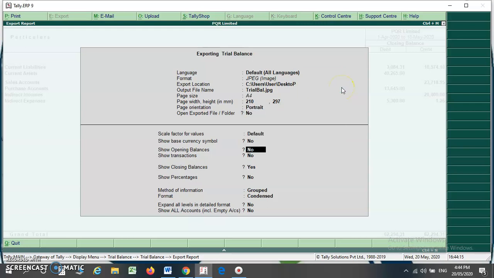If you want opening balance, then select yes. If you don't want transactions, then select no. If you want closing balance, select yes. Whether you want all empty accounts, select yes. Whether you want the expanded detail format, you can select yes, otherwise select no.